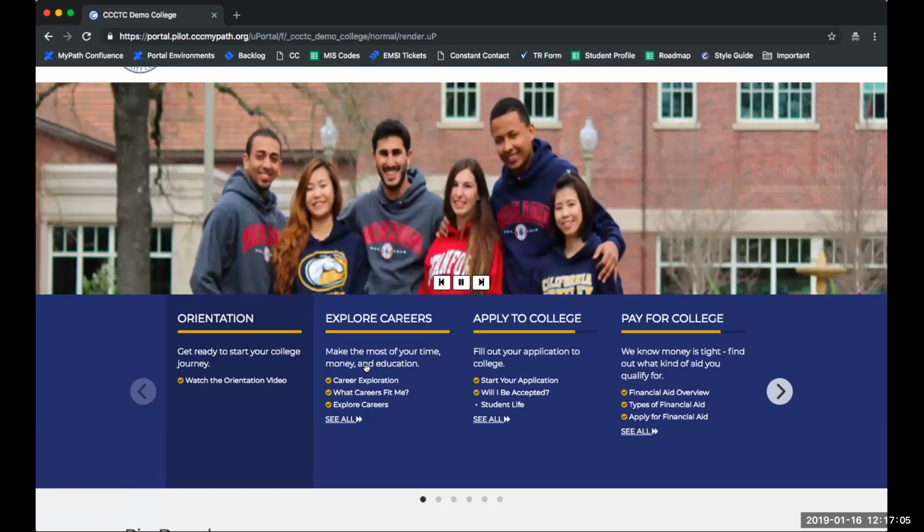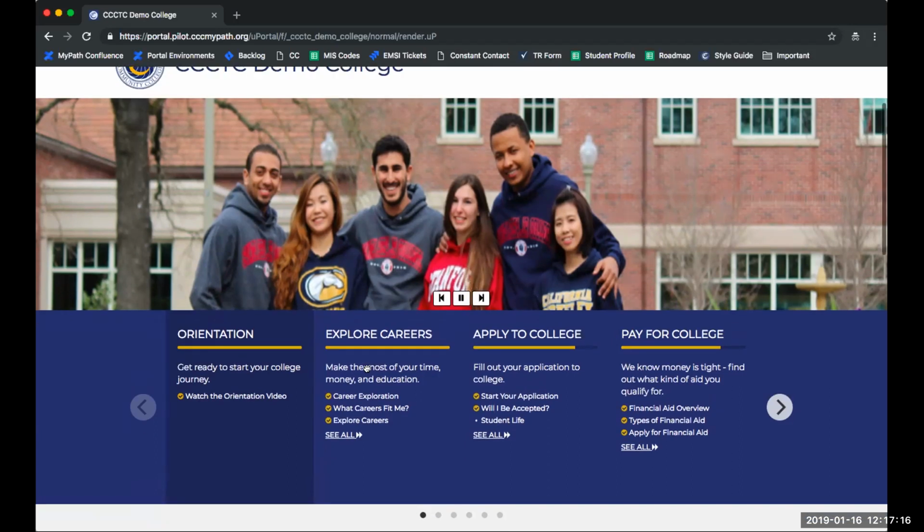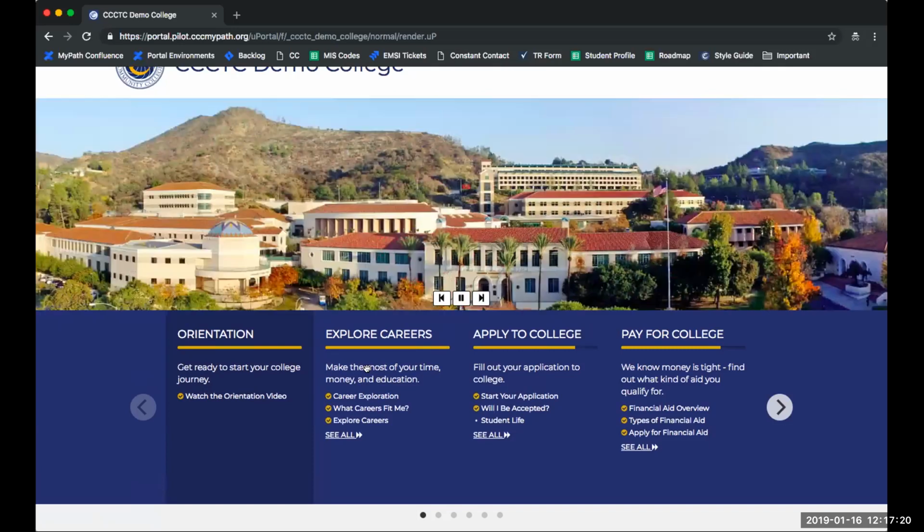You can put content in MyPath itself, so you can create content pages very quickly and easily in MyPath. It does not require your IT staff to do so. You can embed videos. You can embed images. Or you can use these task cards as pointers to pages on your local website or within your local portal,